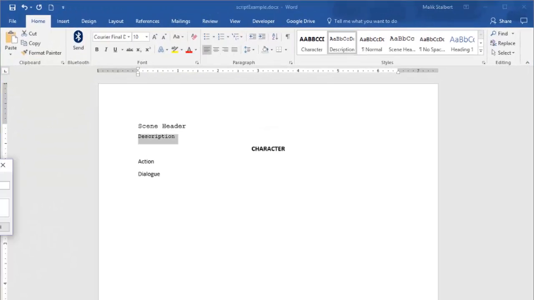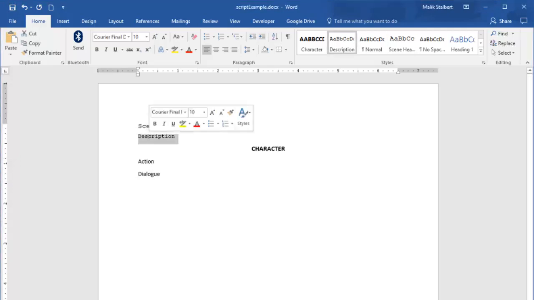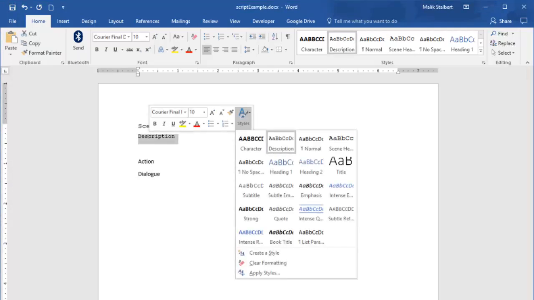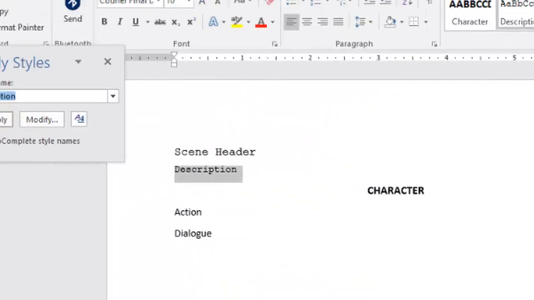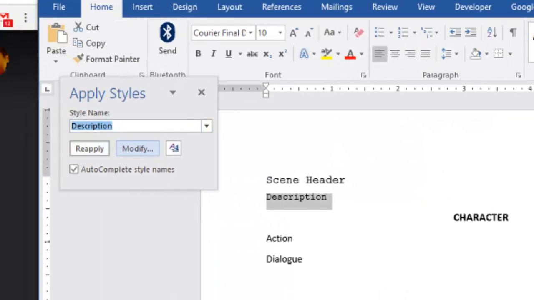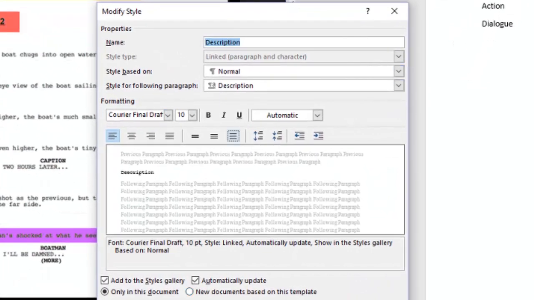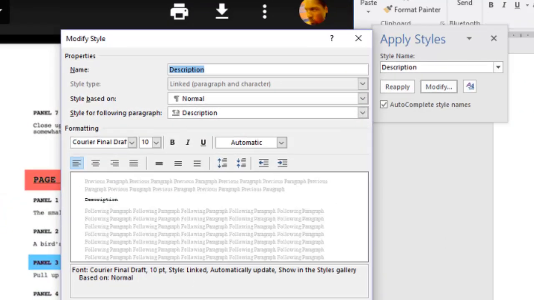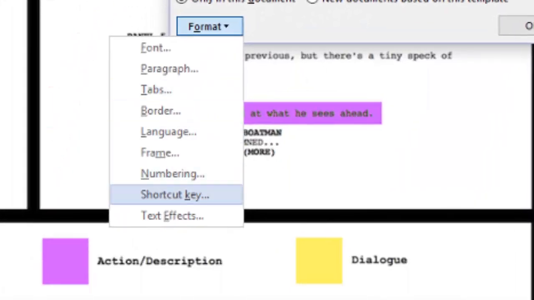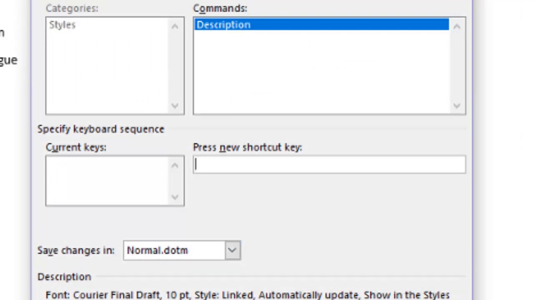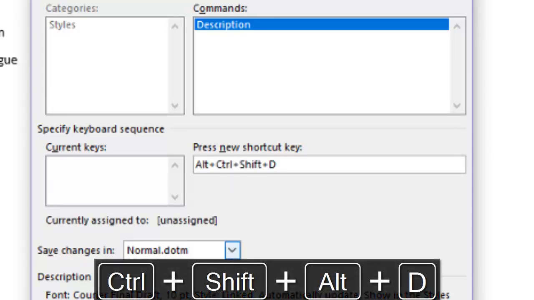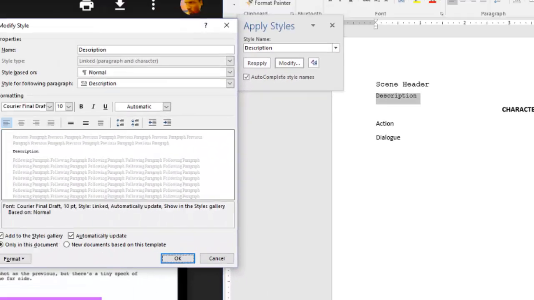But what if I wanted to modify the one that is selected there? What I would do is double click on this and highlight it. I'm going to go to Style, and Apply Style, but I'm not going to go Reapply. I'm going to go Modify. When I click Modify, I'm back inside of that description, and then I can go to Format and to my shortcut, and I can add a shortcut key in here for this style if I wanted to. So let me try another shortcut key. That's description. It's not assigned to anything. I can see that there, and I can go ahead and assign that and then close everything up from there.